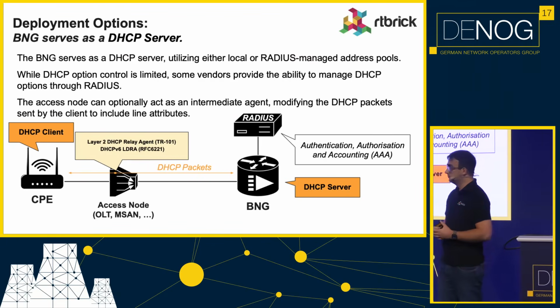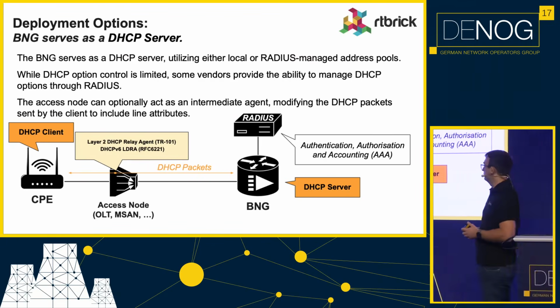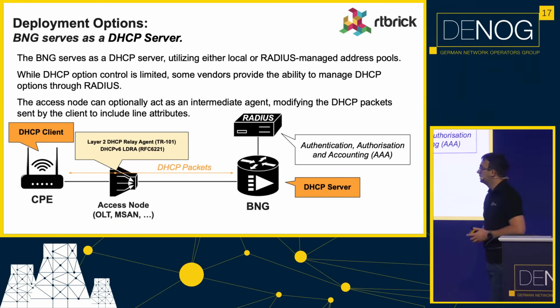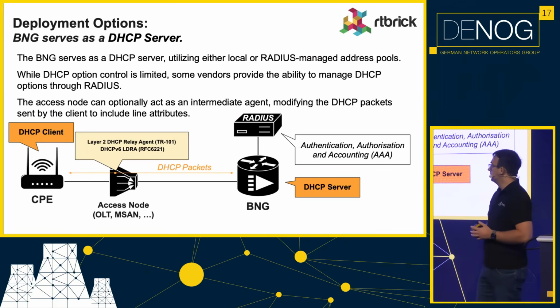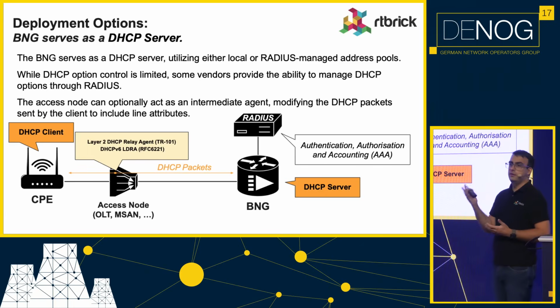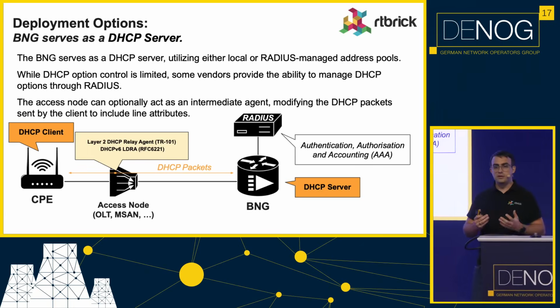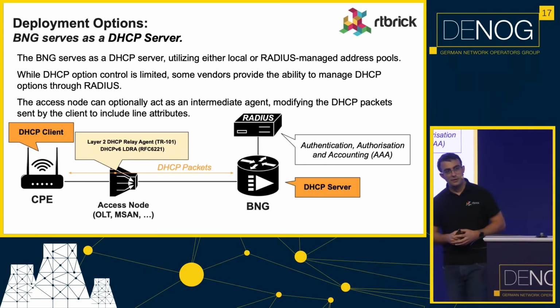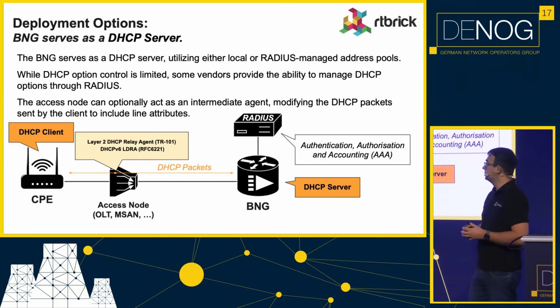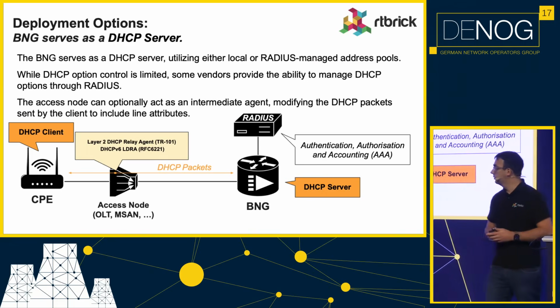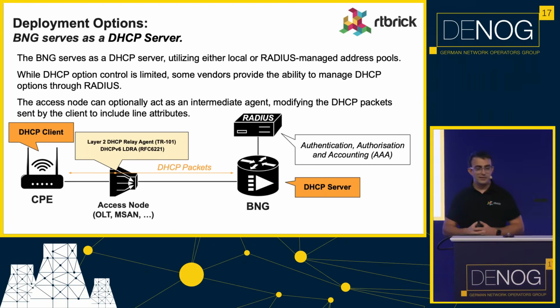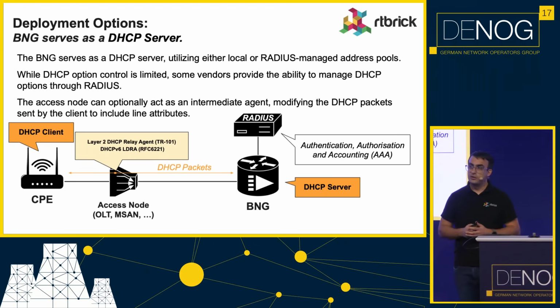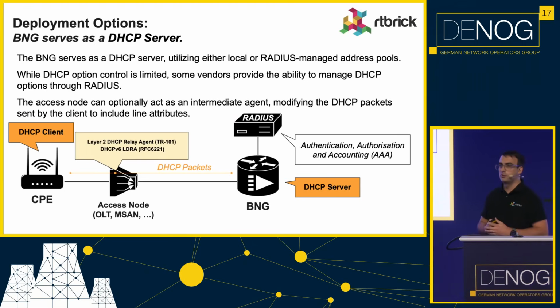And if you go to IPoE, it looks very similar. The BNG might be the DHCP server, the CPE might be the DHCP client, and also the OLT or the DSLAM may behave as an intermediate agent. But again here, the OLTs or the DSLAMs have to do it twice, so there are 2 different protocol stacks. We have 2 different intermediate agents. One for DHCPv4, which is called the layer 2 DHCP relay agent, as defined in the TR-101, and the DHCPv6 lightweight relay agent, as defined in an RFC. And they should hopefully add the same information in both protocols,